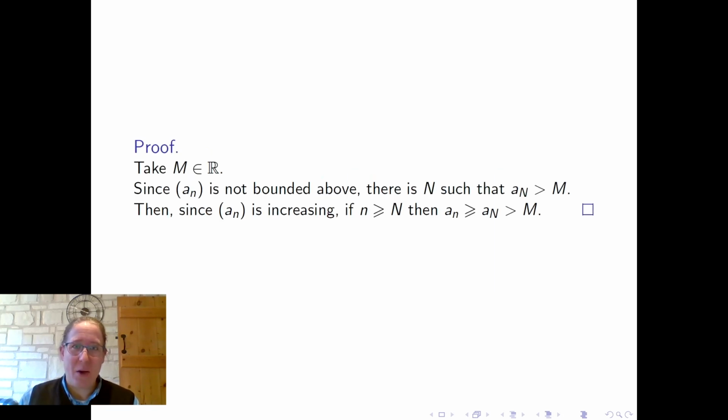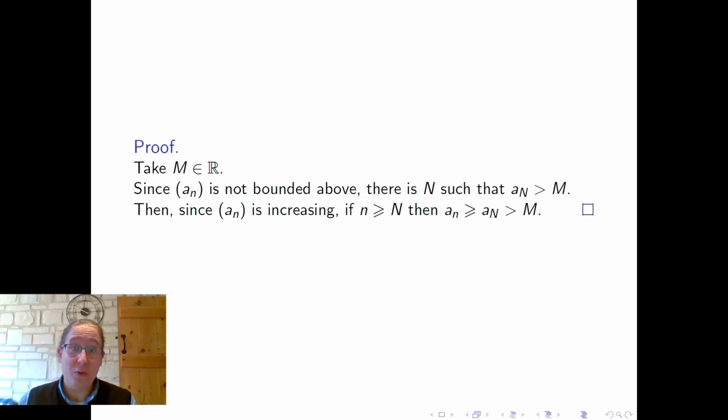And I'm not going to write this one out by hand because it's such a short proof. So if we take M in the reals, this is the threshold our evil opponent sets us that we want to jump over. Since the sequence A n isn't bounded above, we know there's a capital N so that A capital N is bigger than capital M. Otherwise capital M would be a bound. But then because the sequence A n is increasing, if n is greater than or equal to capital N, then A little n is greater than or equal to A capital N, which is greater than M. So from capital N onwards, in fact, all of the terms are over that threshold. And since we can do that for any arbitrary threshold, that proves the lemma.